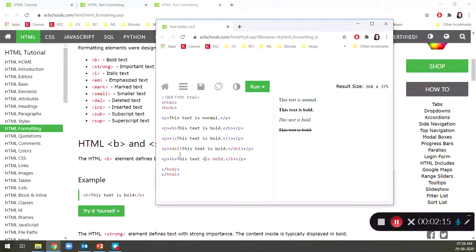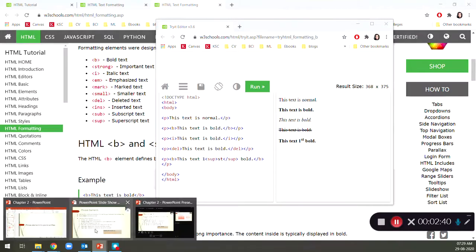Here we are creating a superscript for the word first. Do you see, it creates the superscript. So give a try for all the text formatting elements. These are called phrasing elements.